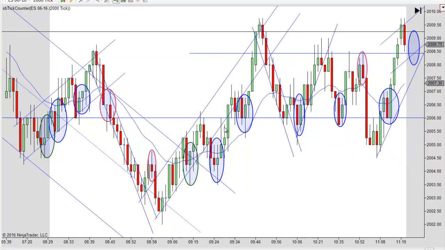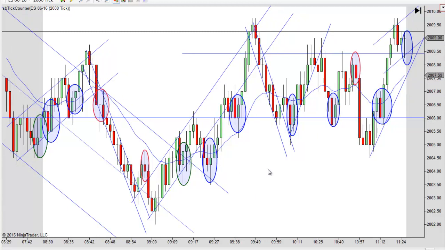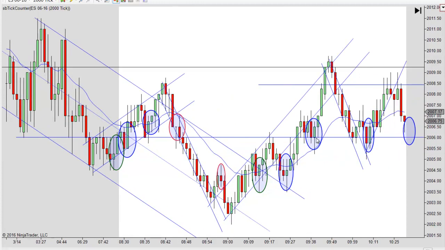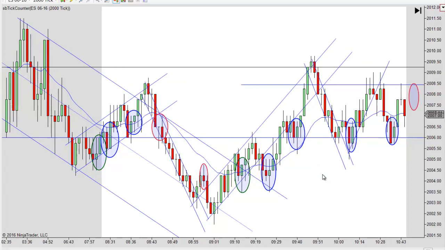This was a nice entry, and there's a little bit of a pullback right there, but if it had broken lower, I'd have said maybe, but it's right back into that previous support, and it did kind of turn down off of it right there. So you had to be a little bit leery of getting long right there into that double top. And if you just waited, you got a second entry long right here. Notice pull back first entry, pull back second entry, and notice how we're back inside the original support area up here, and notice how everything's closing inside there. Yeah, you got some tails down there, but it's those closes that tell you everything you need to know there.